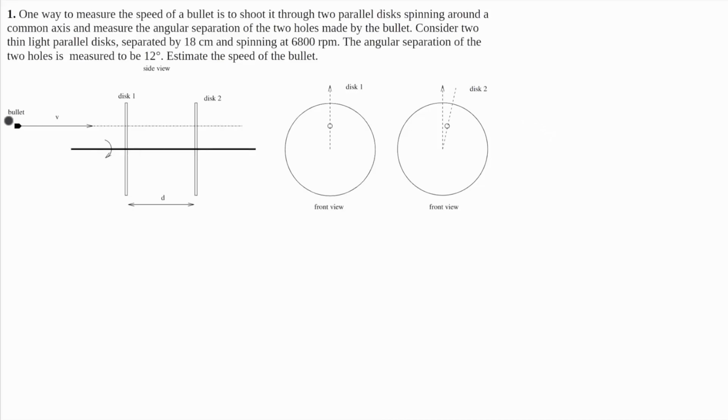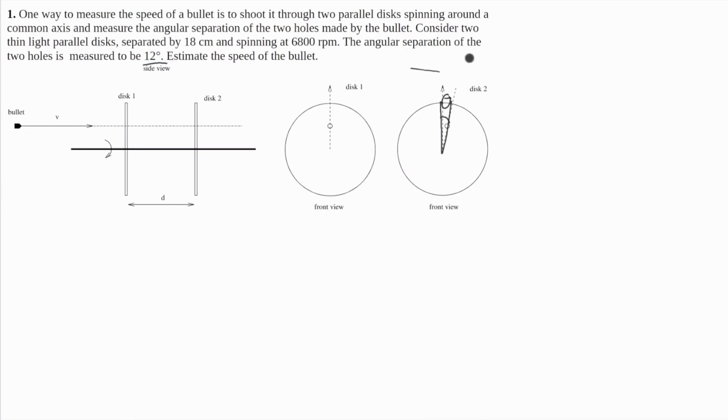Here's number one. It tells us that there's a bullet that's traveling at some velocity that we need to find. This bullet will strike one disk, travel some distance, and then strike a second disk. And then it shows us this diagram of the disks, and it tells us that these disks' displacement was 12